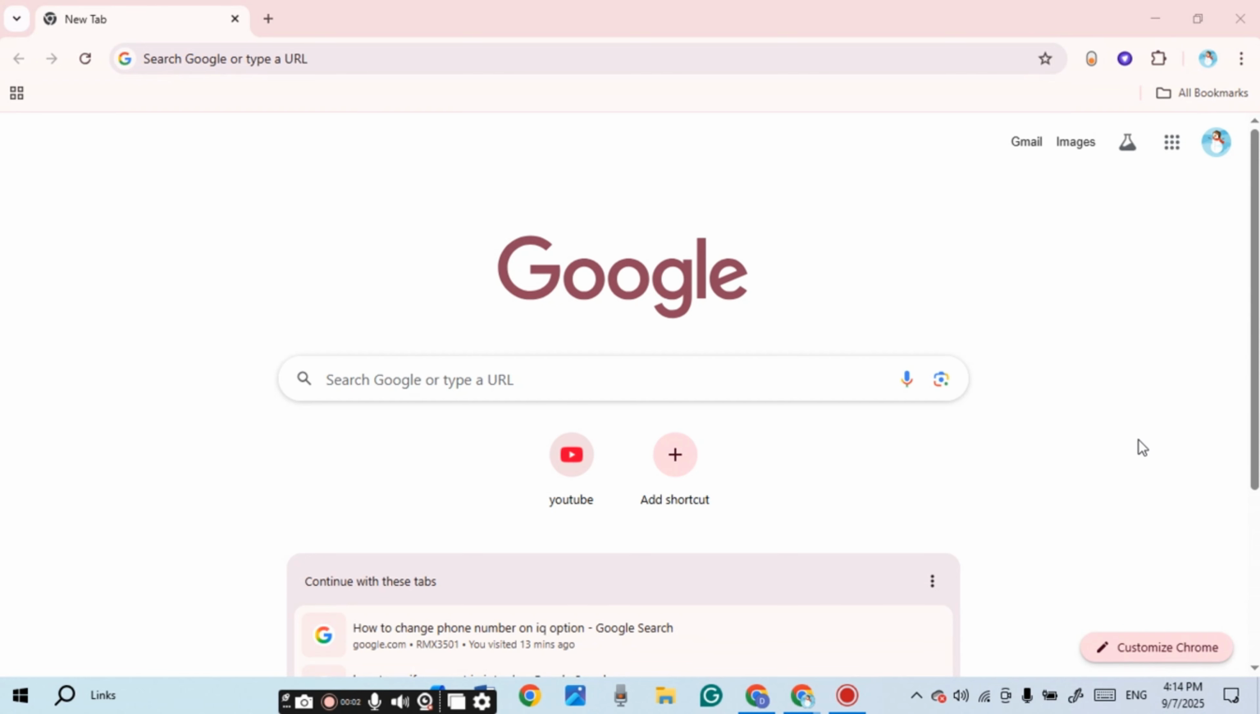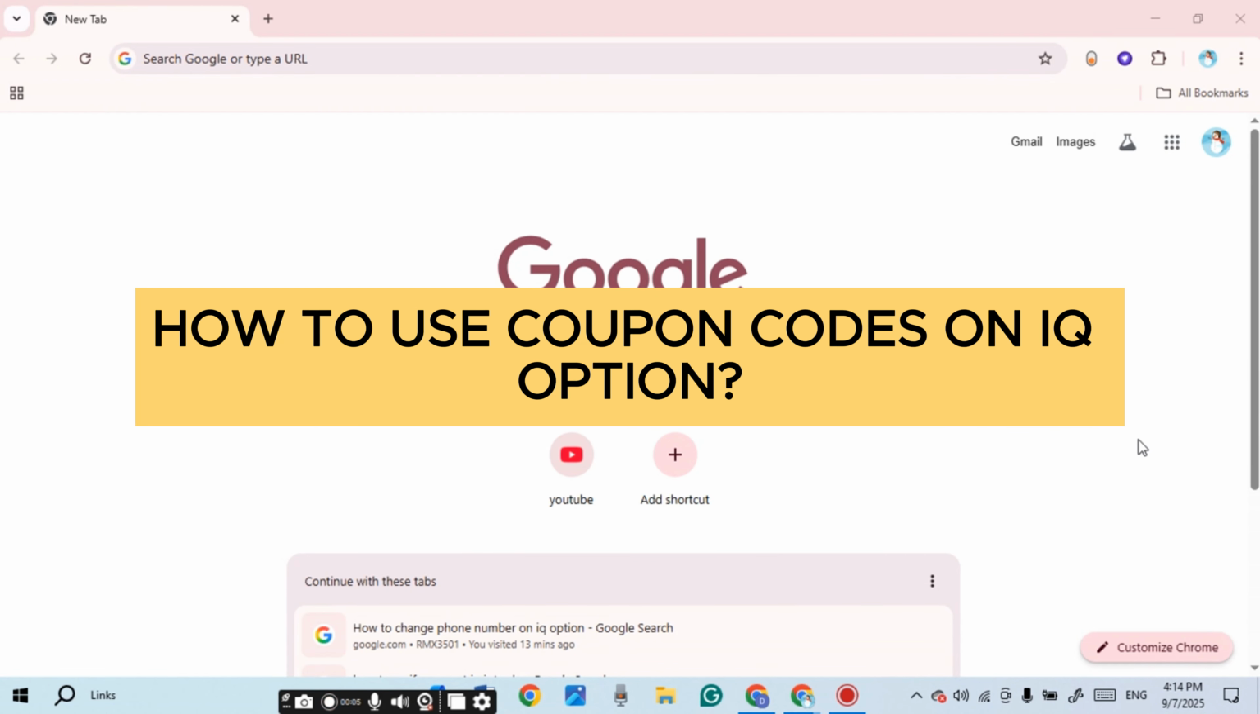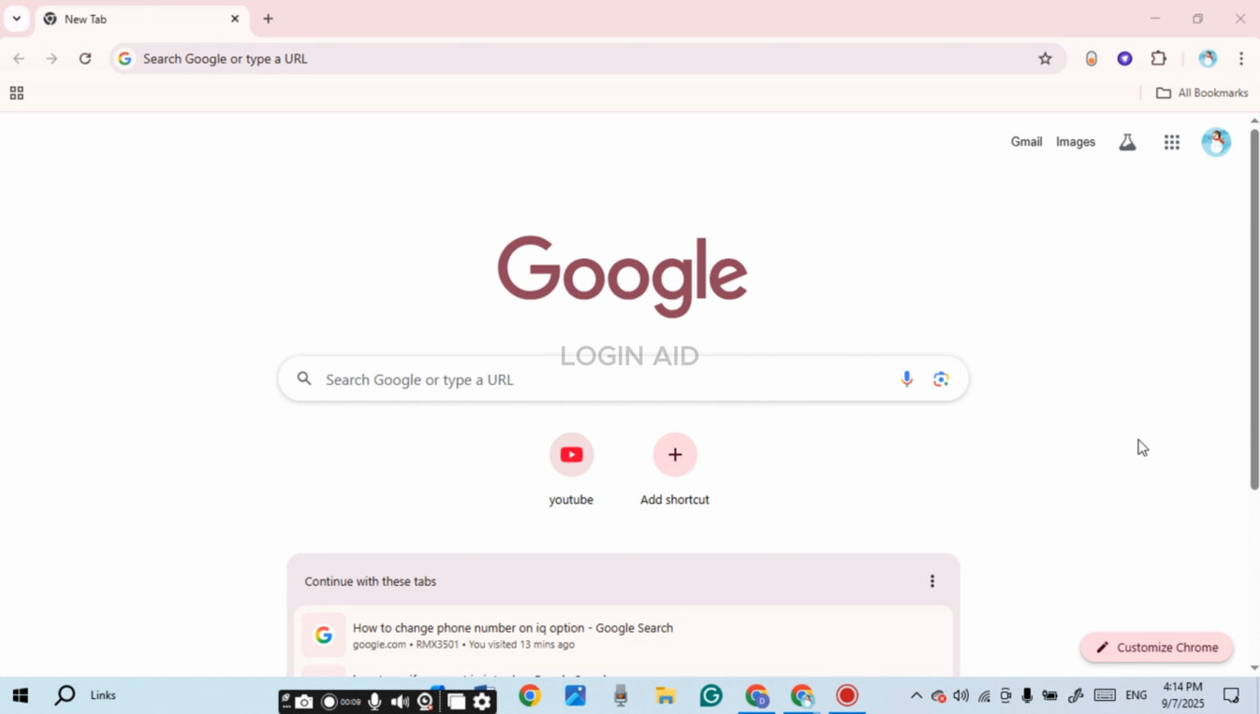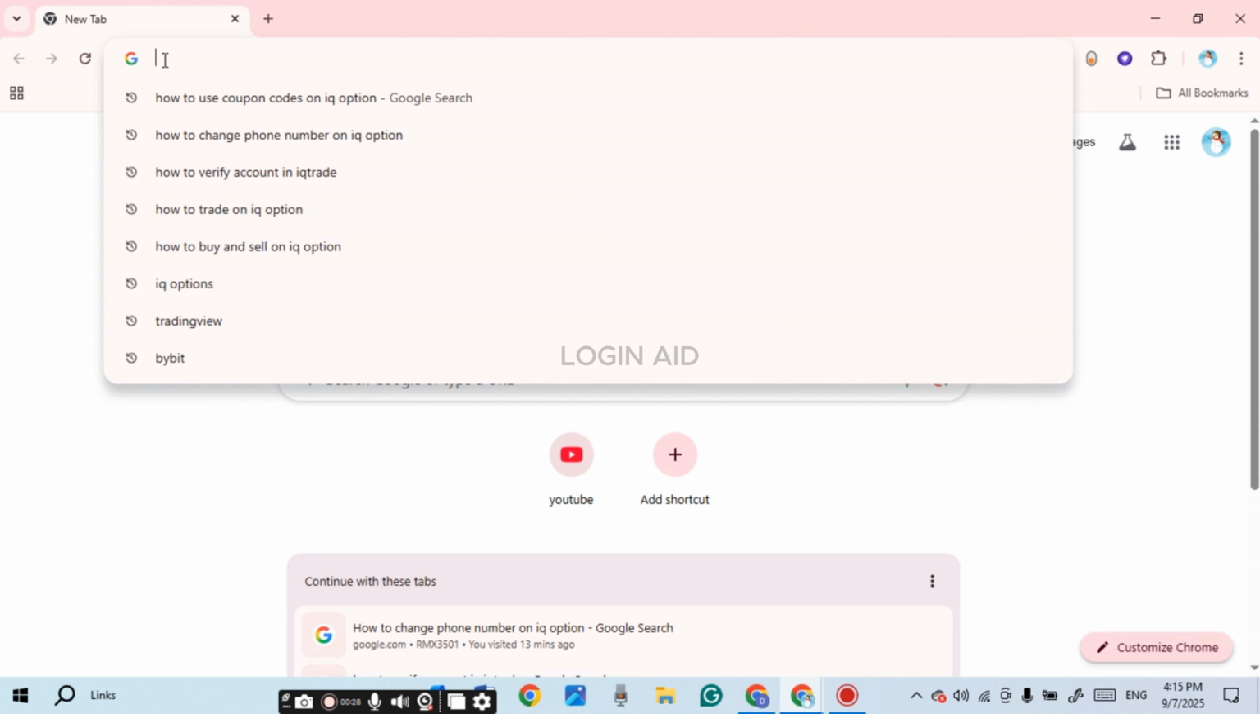In today's video, I'll teach you how to use coupon codes on IQ Option. So first of all, what you have to do is open any browser of your choice, or you can also open the IQ Option application if you want. If you have opened the browser, click on the search bar and type in this link